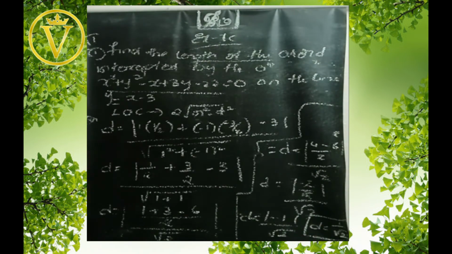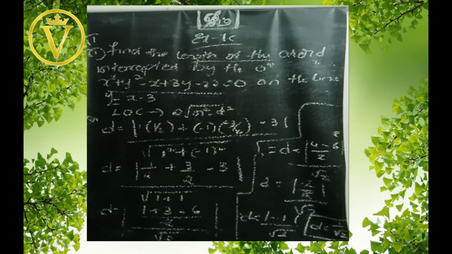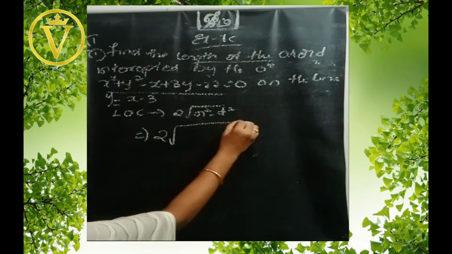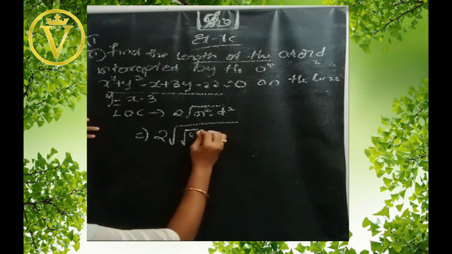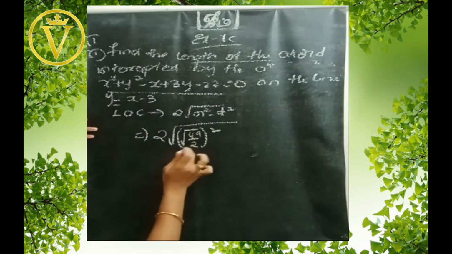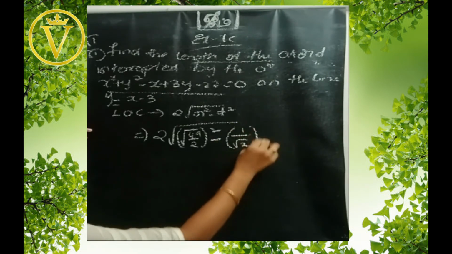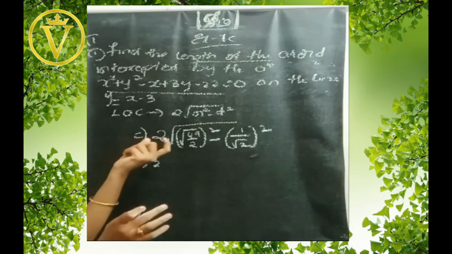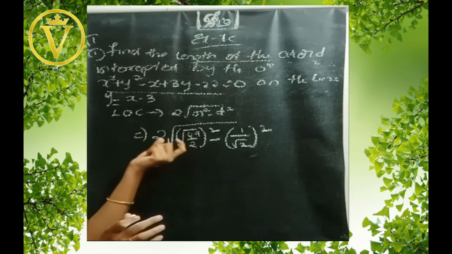We know the r value, that is root of 49 by 2. Now substitute the r and d here. Now here, that is 2 into root of, that means the value of r is root of 49 by 2 whole square. This root is for both 49 and also the 2. Minus d is 1 by root 2 whole square. Don't write root 49 by 2 and 1 by root 2 as the whole square. We have found only the r and d, so here we are squaring that.